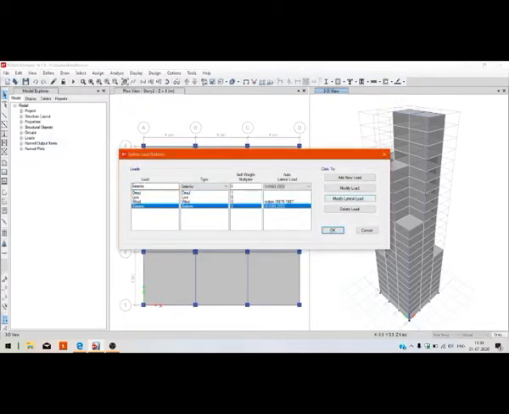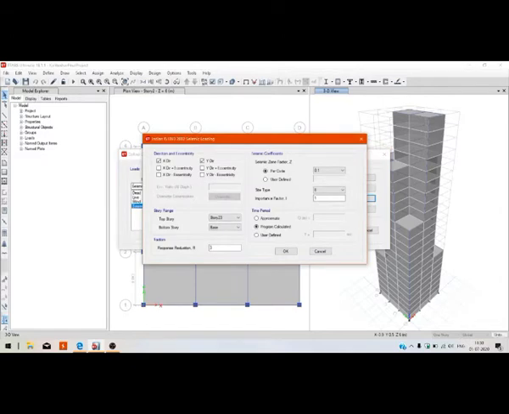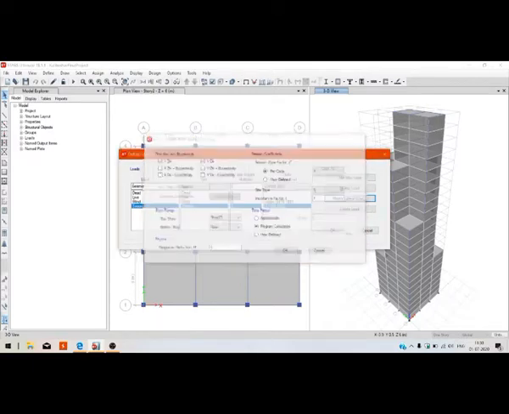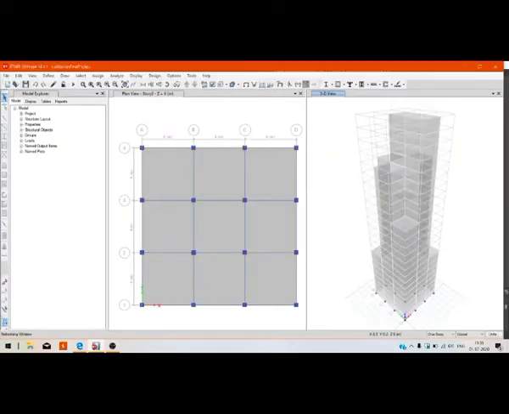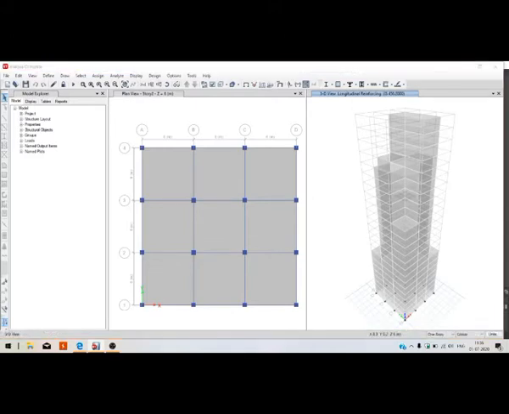I have already set up my structure. So now I will check the load pattern. Then here we will go to seismic analysis and modify lateral loads. We will only assign in x and y direction. According to this, the seismic coefficient and the response reduction factor have been set.